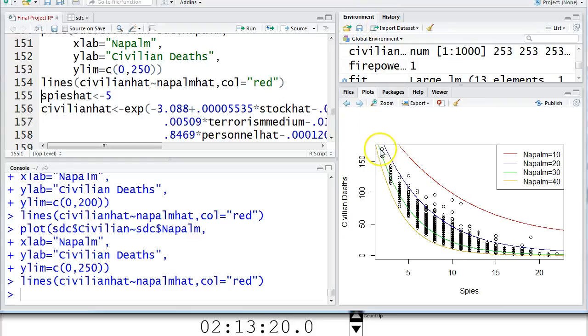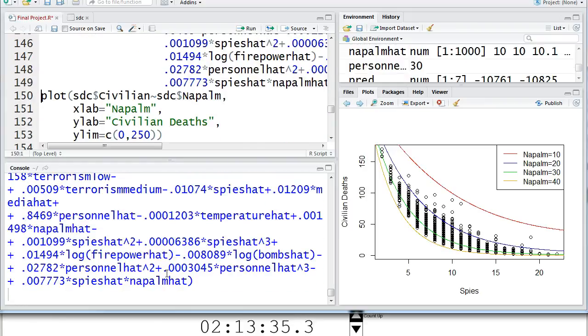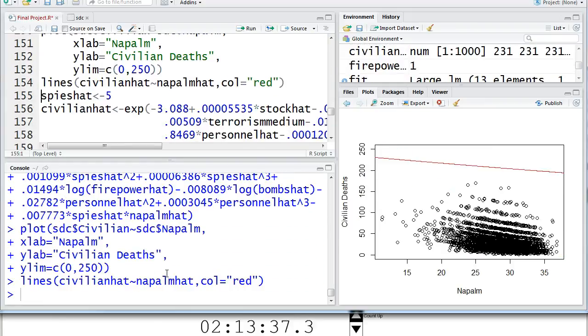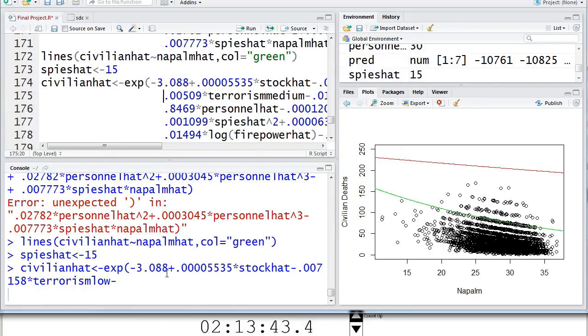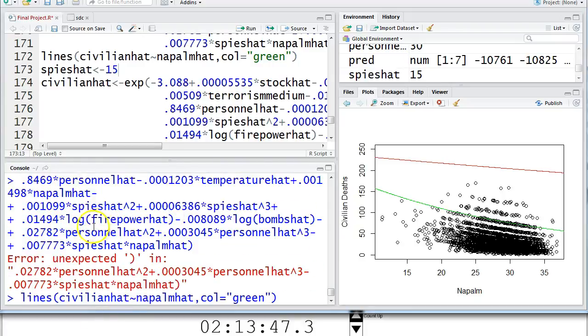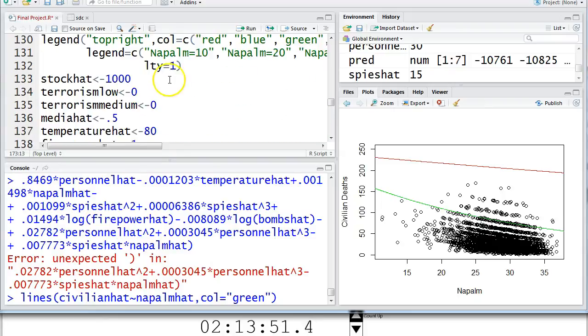So instead of starting at 0, maybe I should start at 1. And I think I can get away with this, even though they're not equally spaced, which I was kind of liking. Oh, even 1. What do the others look like when they come in? Oh, I went too fast. See, if you press Control R too fast, you can make R mad at you. What if I just